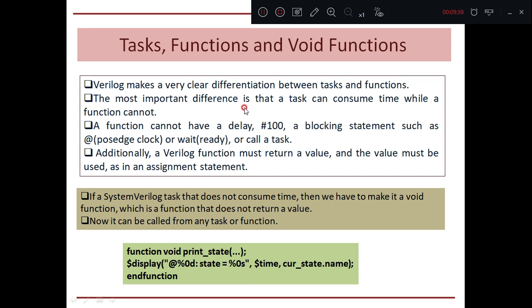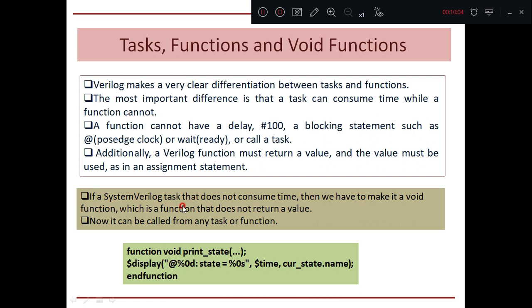The basic important difference is a task can consume time while a function cannot, and a function should not have statements like delay #100, blocking statements such as passage of the clock, wait, or call a task. Additionally, a Verilog function must return a value and the value must be used as an assignment statement.